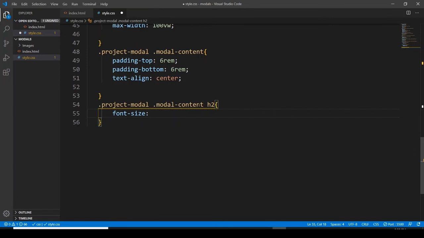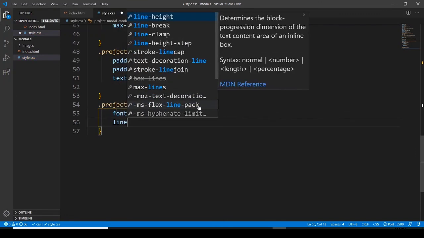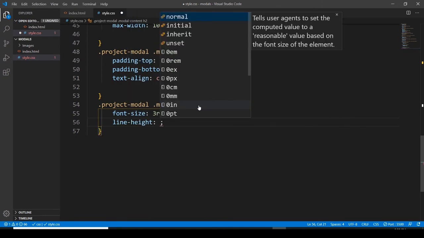Font size would be 3 rems, 3 rems, then line height, this would be also 3 rems,